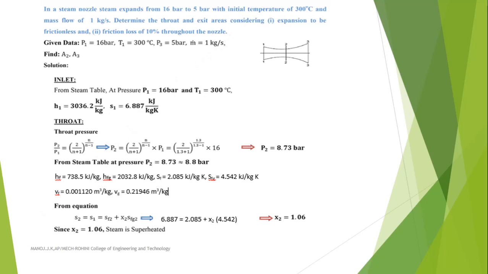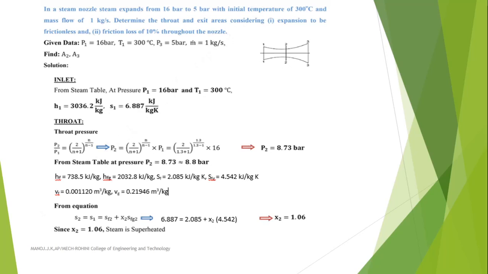The pressure in the throat is said to be the critical pressure. Critical pressure is nothing but the pressure where the area is minimum. In the convergent divergent nozzle, the throat region has a very small area, therefore the pressure acting near the throat is said to be the critical pressure. To find the critical pressure, there is a formulation shown in the display.